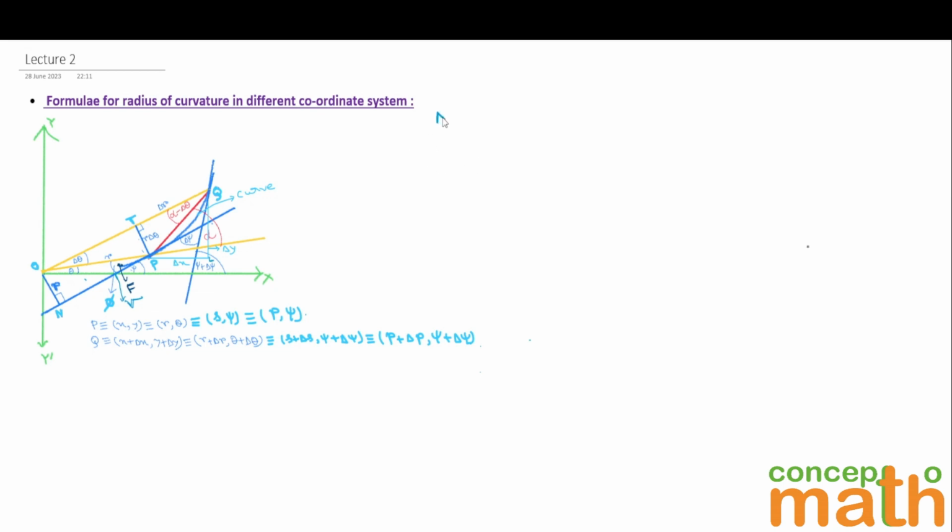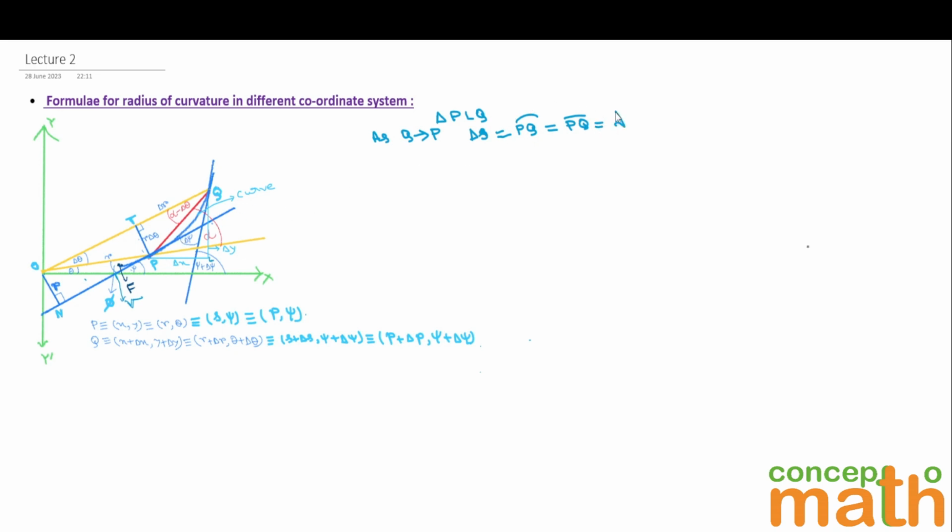So from the triangle PLQ, what we can observe, as Q approaches P, then the arc QP, the arc length distance QP, is equal to delta S, where S denotes arc length distance from the fixed point F on the curve to P, and S plus delta S is the arc length distance of the point Q from the fixed point F. So delta S, which is the arc length distance PQ, will be the same as the linear distance PQ, because when Q is close enough to P, we can consider the portion of that curve PQ to be a straight line,